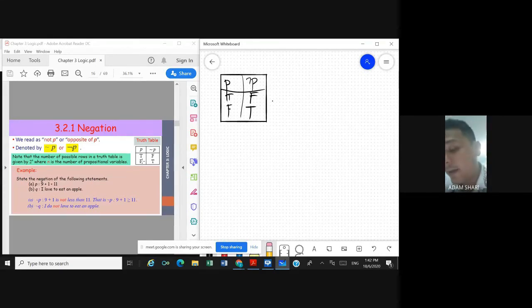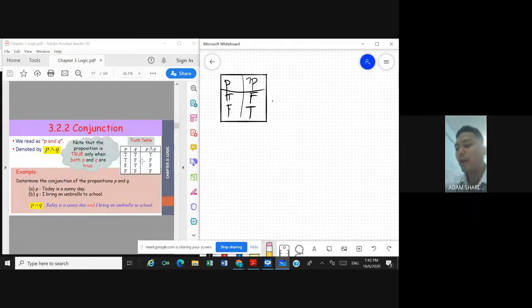All right. We proceed with conjunction, or and. Conjunction, right now, if you want to combine, you must have two propositions. P, today is sunny, and Q, I bring an umbrella. That's why P and Q: today is sunny day and I bring an umbrella to school. Very easy. And there are certain rules pertaining to this, which is,